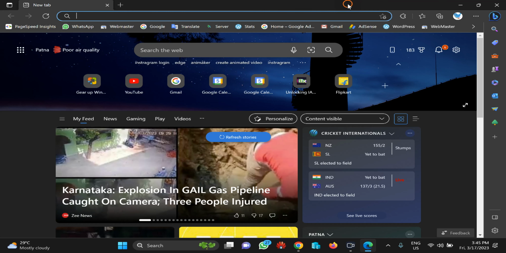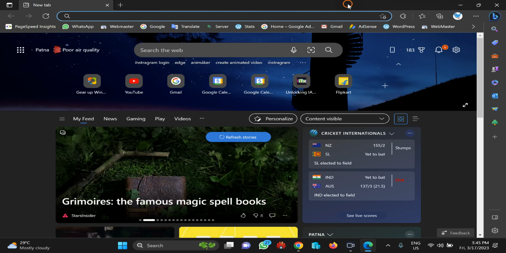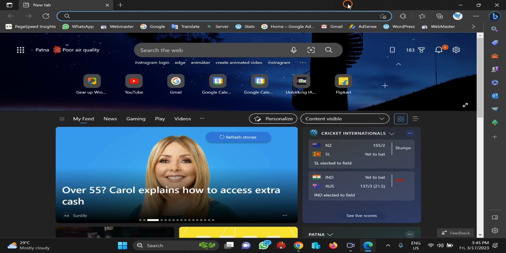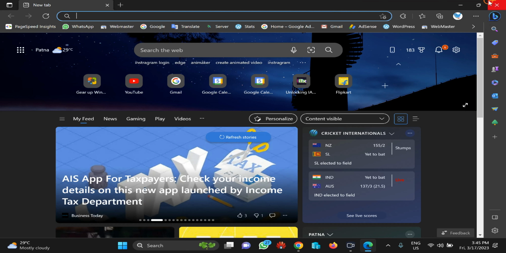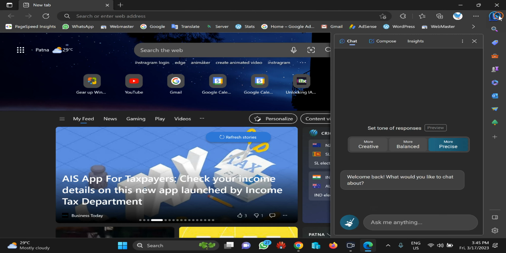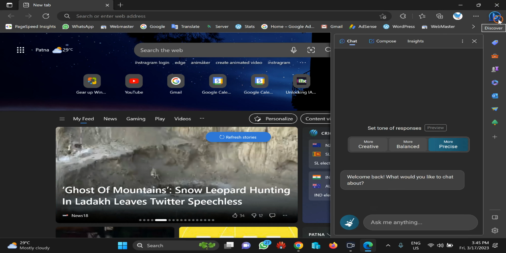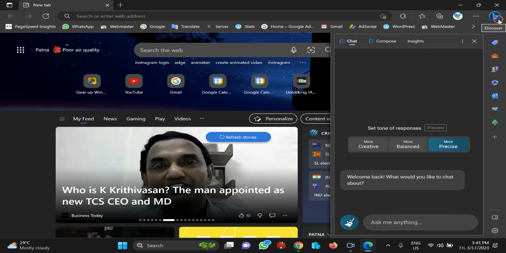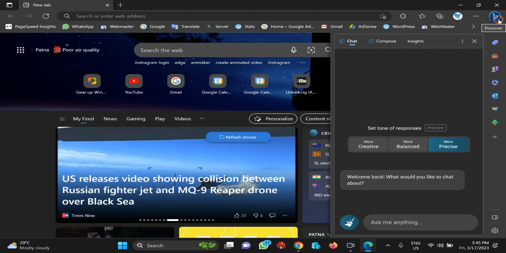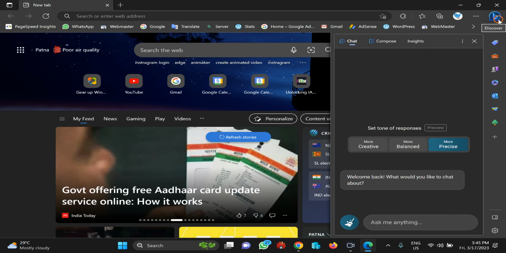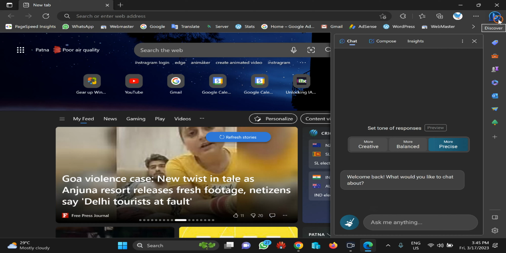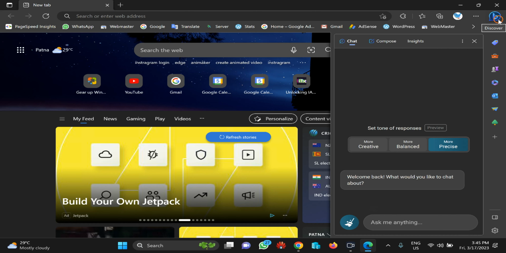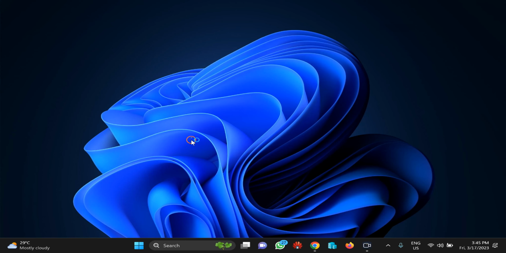In this video, we will guide you on how to hide or unhide the Bing chat button in Microsoft Edge browser. This is the Bing chat button. It is also known as the Bing Discover button. So if you want to hide or unhide it, or you have hidden it by mistake and you want to use this Bing chat button, then this Gear Up Windows video will help you. You can hide or unhide this using Registry.